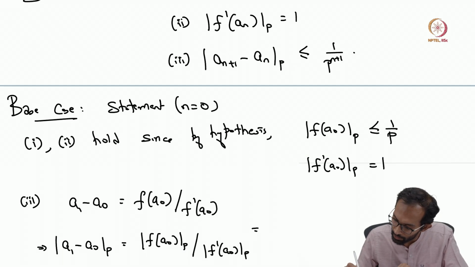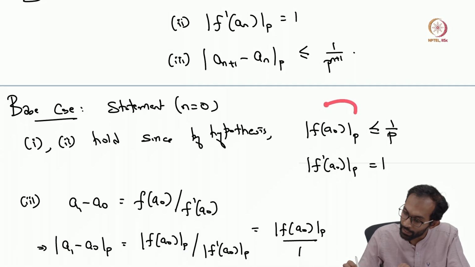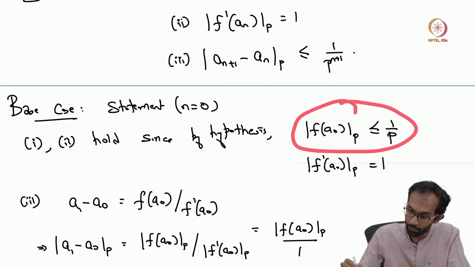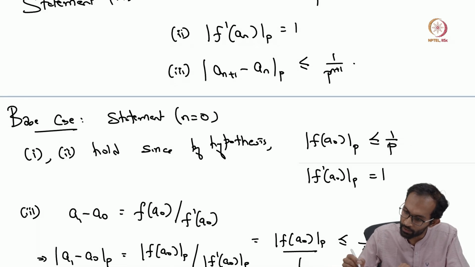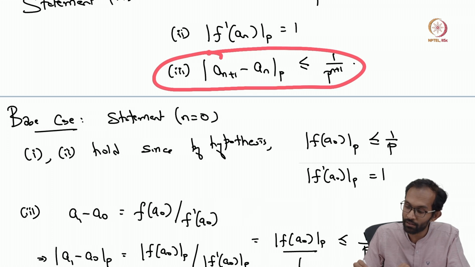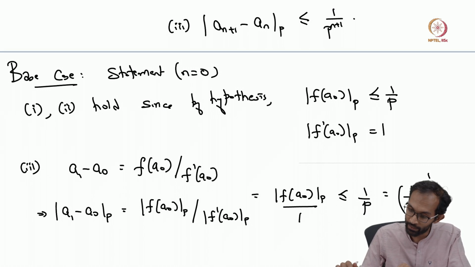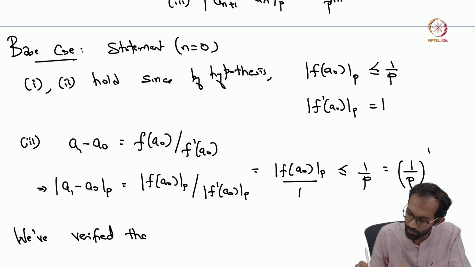So this expression out here is just the p-adic absolute value of f(a_0) divided by 1. But the p-adic absolute value of f(a_0) is less than or equal to 1 over p. So this expression is less than or equal to 1 over p, and I'll just write this as 1 over p raised to 1. So you see that this statement 3 is also true in the base case. So we've verified the base case,